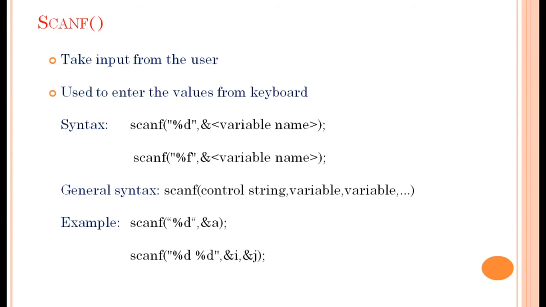So it will read in two integer values, i and j. The integer values can be typed on the same line or on different lines as long as there is at least one white space character between them.